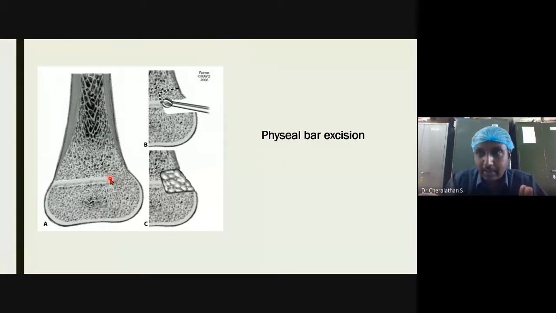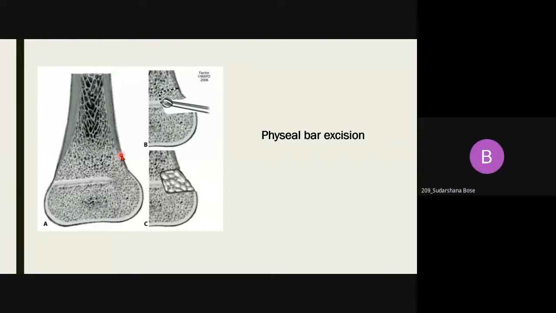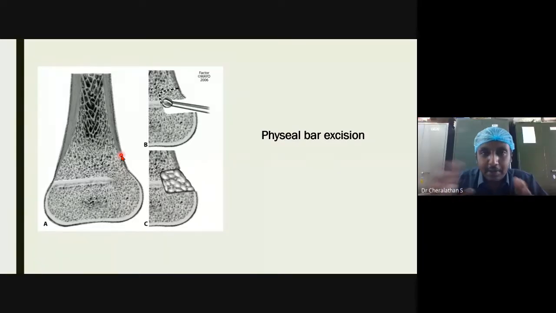You should protect the limb, otherwise this can cause a fracture. That is also there. But for that sake, you can't remove almost 50 to 60% of the bone on one side. That is not accepted. Hope now your doubt is clear, right? Yes, sir. So for the sake of understanding, this is just a pictorial representation. Don't take it that this will be exactly done in the patient. Don't take it that way.